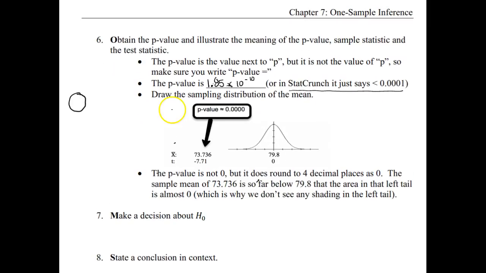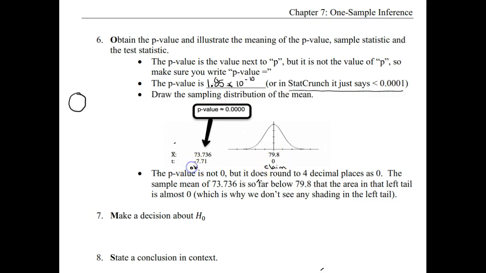All right, so again, if we draw the sampling distribution of the mean to make sense out of these numbers, again, we're using a t-test, so we have a t-curve. Quantitative data, we're dealing with the random variable x bar, and we're running a t-test, so each value of x bar will have a standardized score or a t-score that goes with it. So again, our claimed value goes in the center. So our claim was that mu was 79.8, so we would expect a value of x bar near 79.8. The t-score for center is 0.